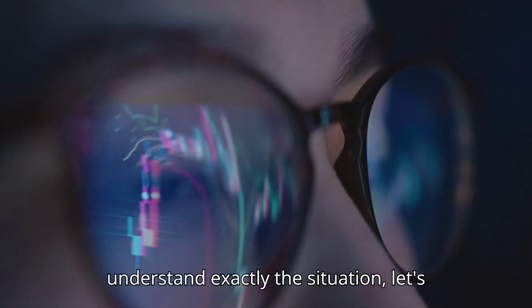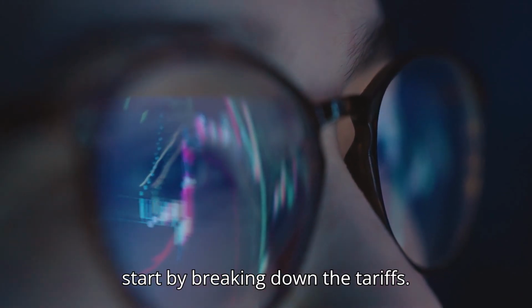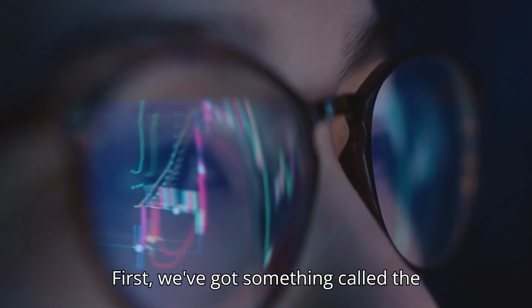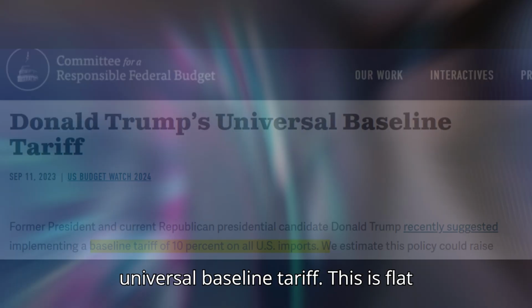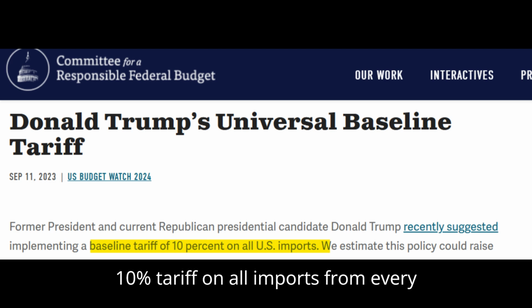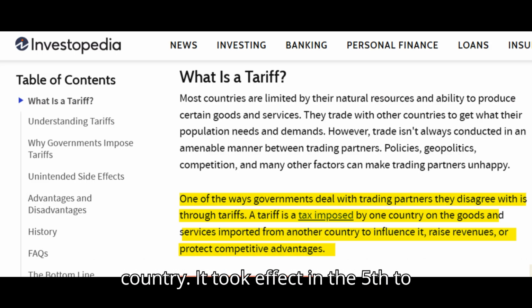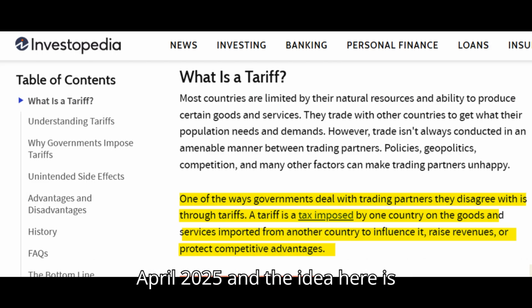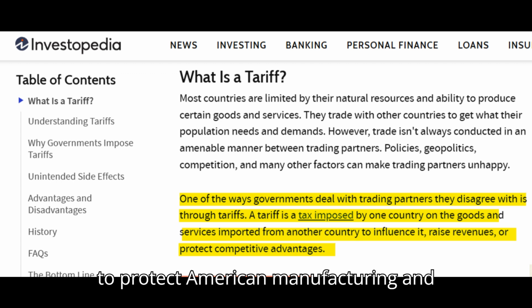So to understand exactly the situation, let's start by breaking down the tariffs. First, we've got something called the Universal Baseline Tariff. This is a flat 10% tariff on all imports from every country. It took effect on the 5th of April 2025, and the idea here is to protect American manufacturing and reduce